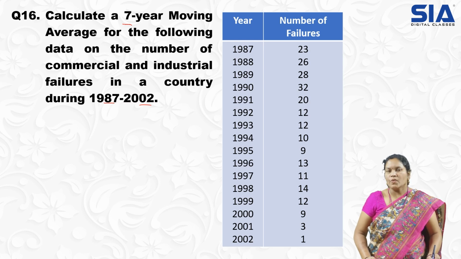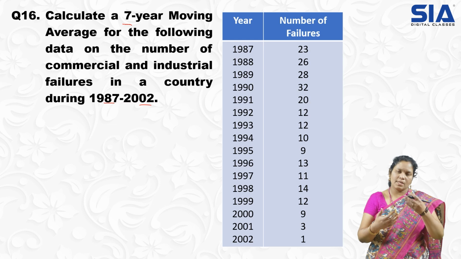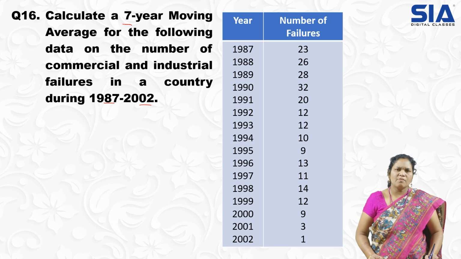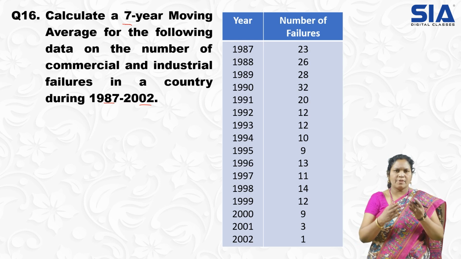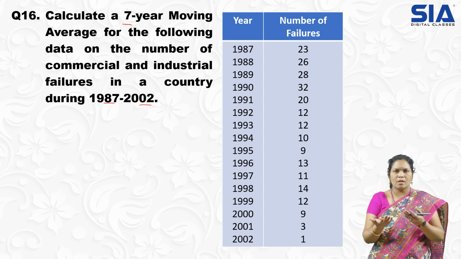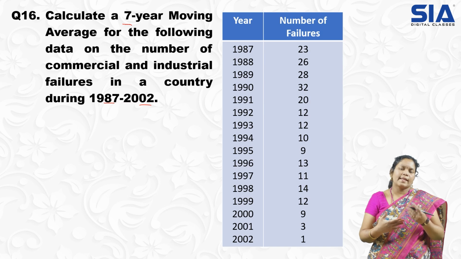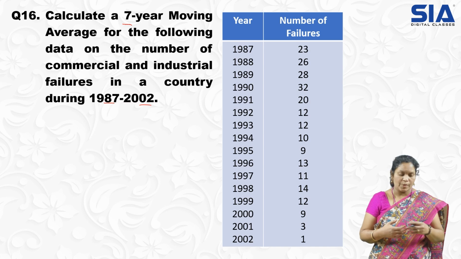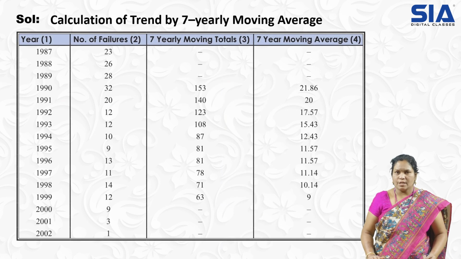Generally moving averages, in the sense, overall average we'll try to do. Moving means one to one we are connecting the averages. So the title is moving averages method. Even or odd, no need of checking. Directly they'll mention in the question like 7-year, 4-year, 5-year, like that. So 7-year is an odd number, so like the odd method. 4-year, 2 years, 3 years, like that, based on the question we have to proceed. They will mention in the question which year we have to do. So here they mentioned 7 years moving average.